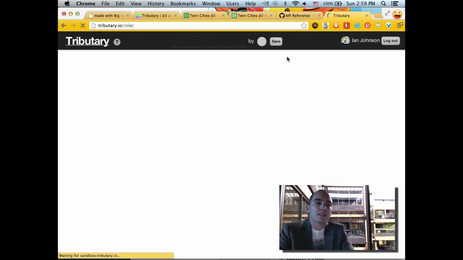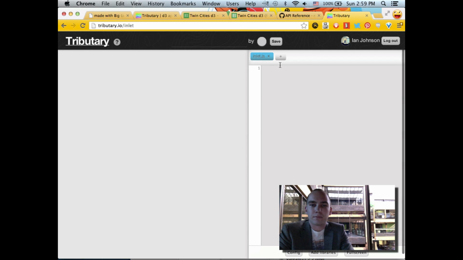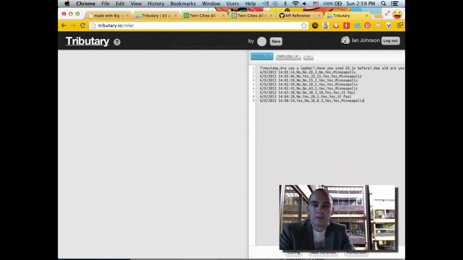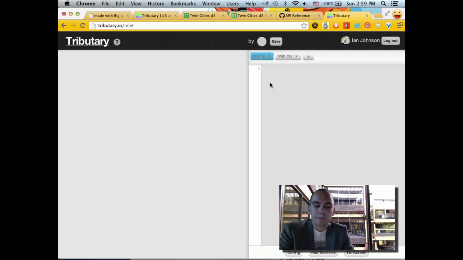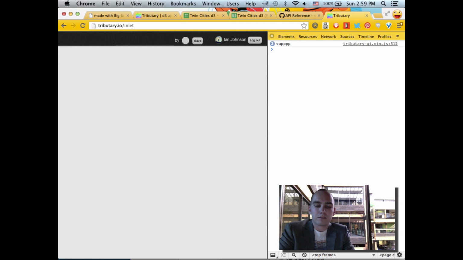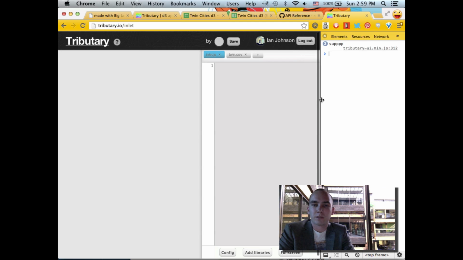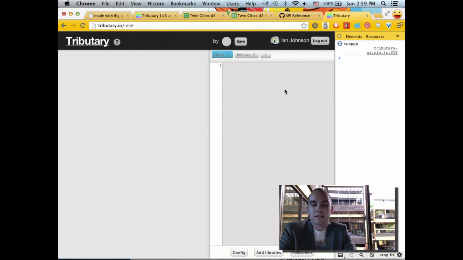So D3 does this thing where I can actually show this both ways. One thing I can do is make a file here, twin.csv, call it whatever I want, and paste this in here. Oh no, the resolution's too low. Stupid responsive design, who thinks that's a good idea? Yeah, so if I want my data, I can say,